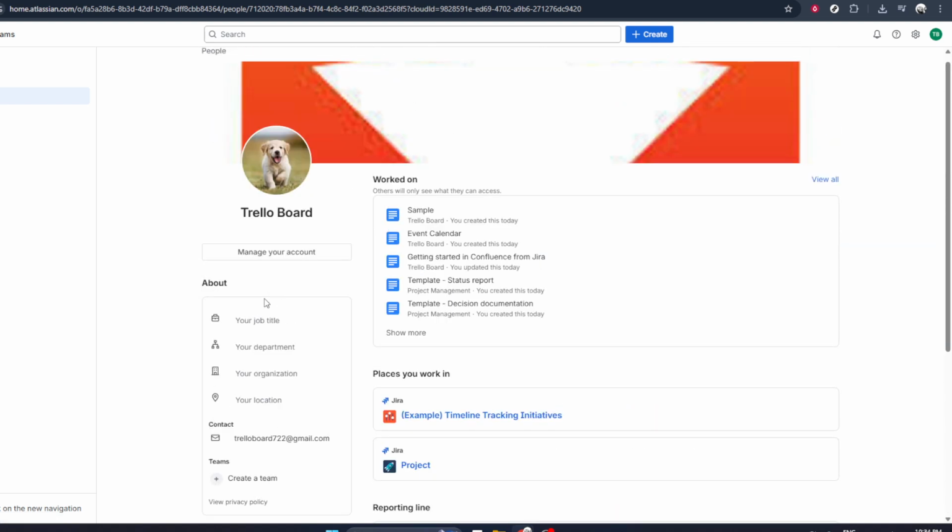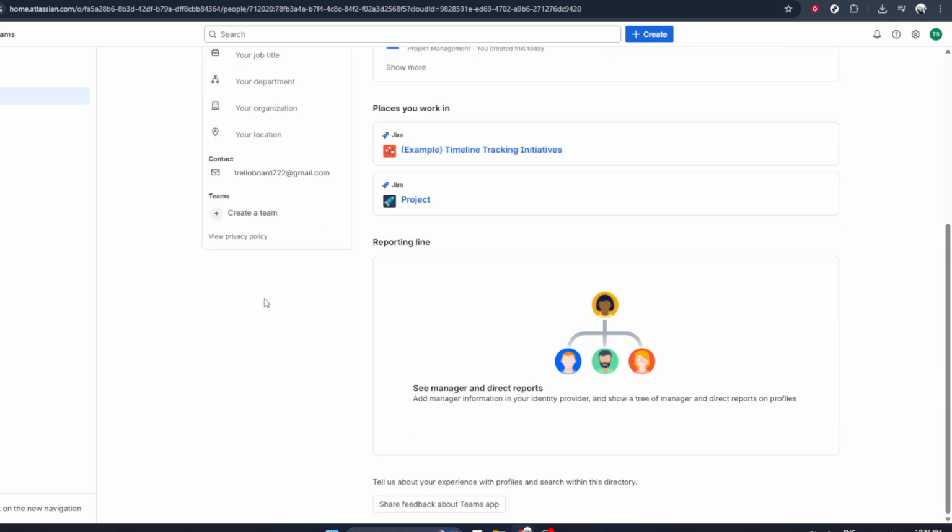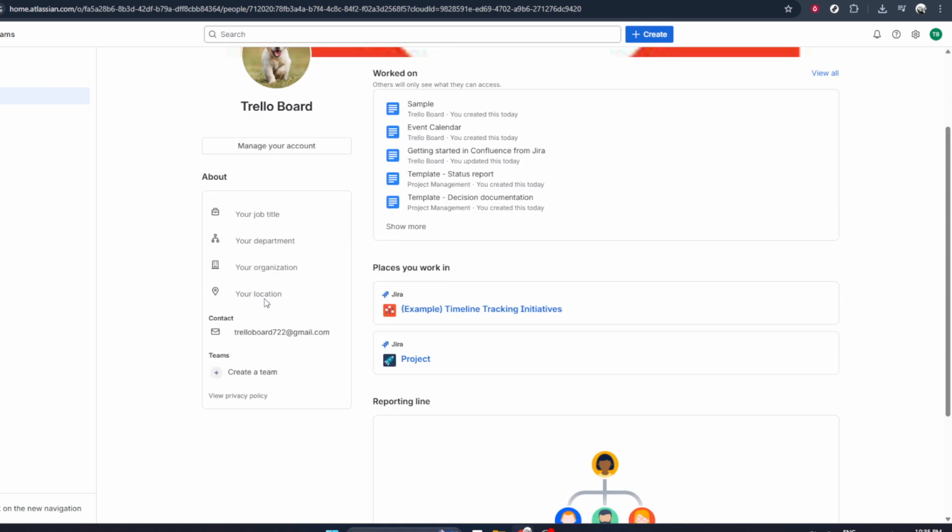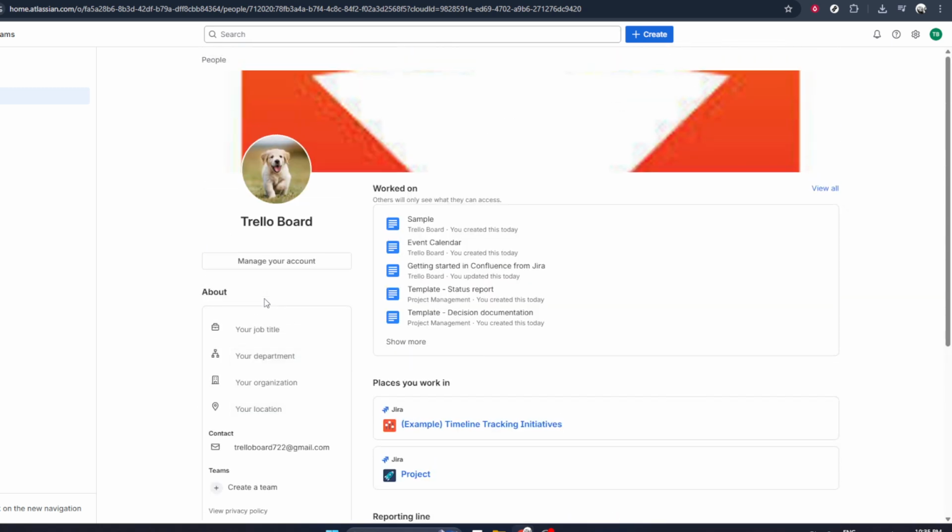Confluence will usually show you a preview of the image and may allow you to crop or reposition it so your face is centered. Take a moment to adjust the crop if needed, then save or confirm your changes. Once you save, the window will close, and your new profile picture will appear on your profile page and across Confluence. If it doesn't update